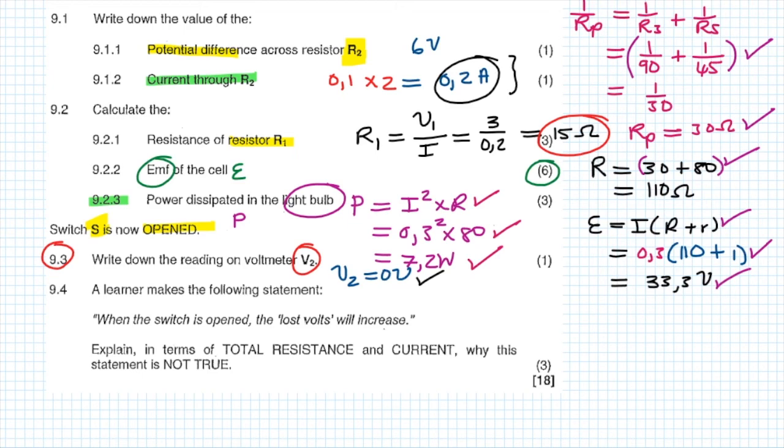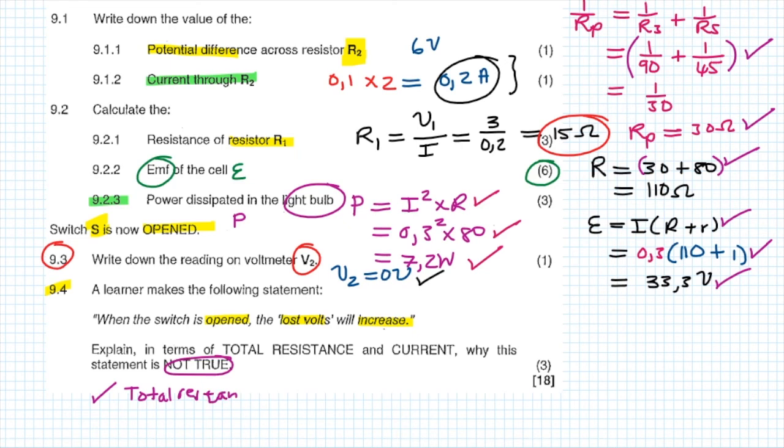Question 9.4 now reads, a learner makes the following statement. When the switch is opened, the lost volts will increase. Explain in terms of total resistance and current why this statement is not true. So, we know that resistors were removed. These are resistors that were removed in parallel. When resistors are removed in parallel, we know that the total resistance,